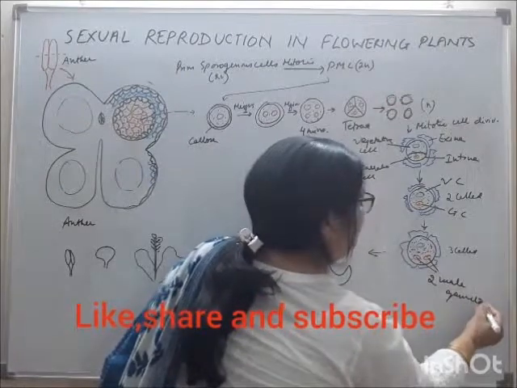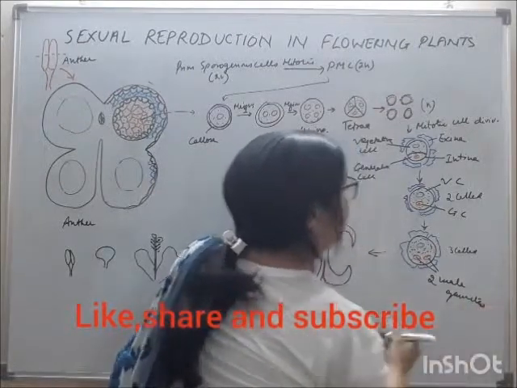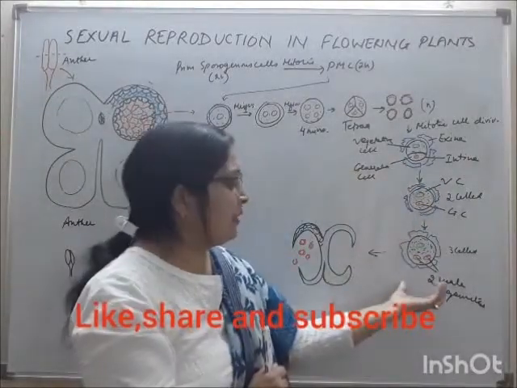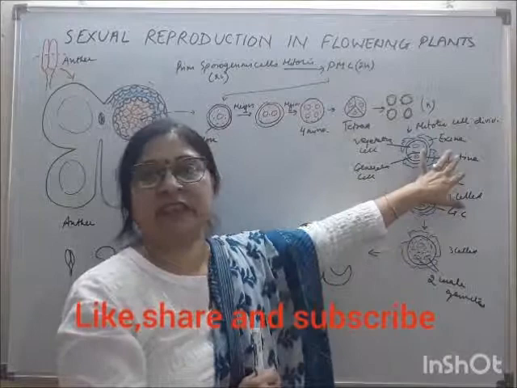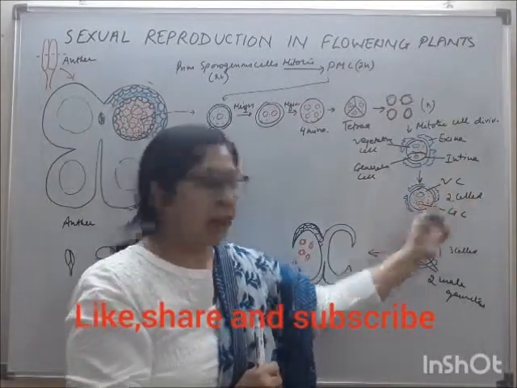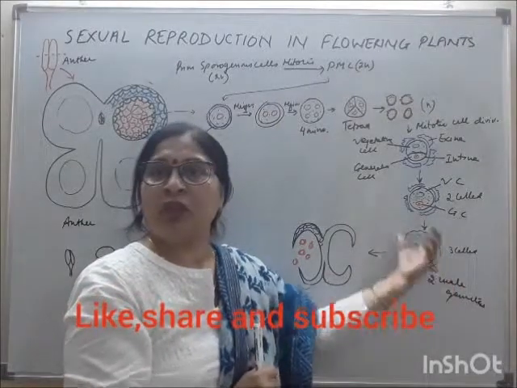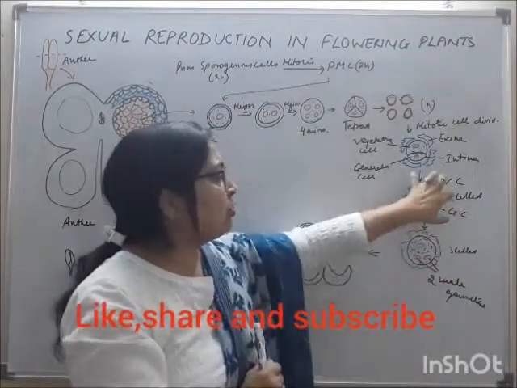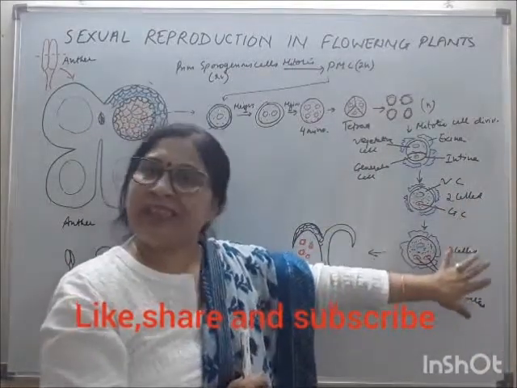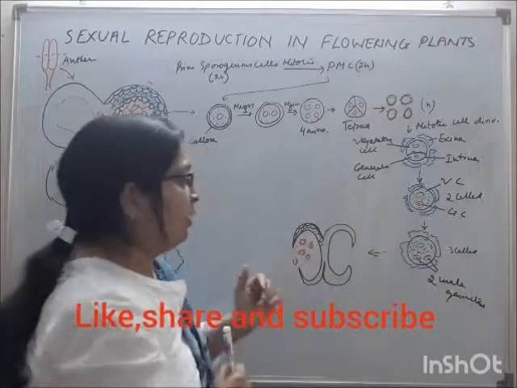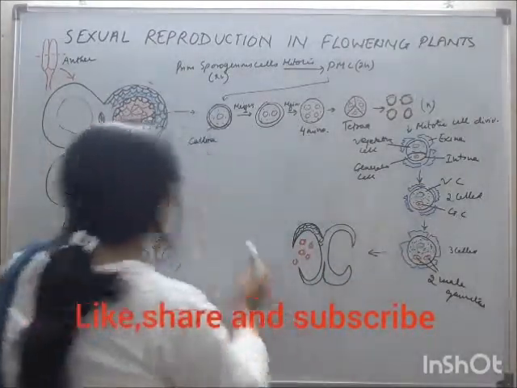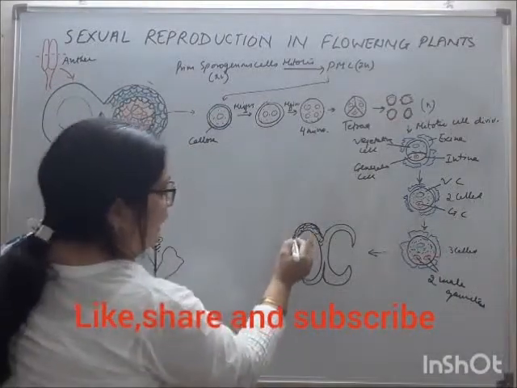Now, we have done that the pollen grains are released either in the 2-celled stage or in the 3-celled stage. 2-celled stage means vegetative cell and generative cell. ठीक है, या तो इस स्टेज में रिलीज होगा या फिर इस स्टेज में रिलीज होगा. तो 60% एंजियोस्पर्म्स 2-celled स्टेज में रिलीज हो जाता है और 40% 3-celled स्टेज में रिलीज होता है. Now as soon as the pollen grain matures, 2 male gametes are formed, then the wall of this anther lobe